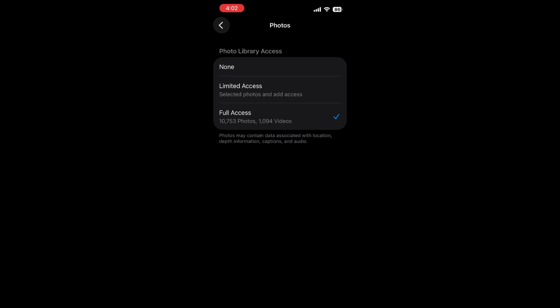If Pinterest still cannot access your photos, close the app completely and reopen it. You can also restart your phone, update the Pinterest app, or reinstall it if the permission settings still do not work. And that's it. Pinterest should now have access to your photos, so you can upload images, create pins, and